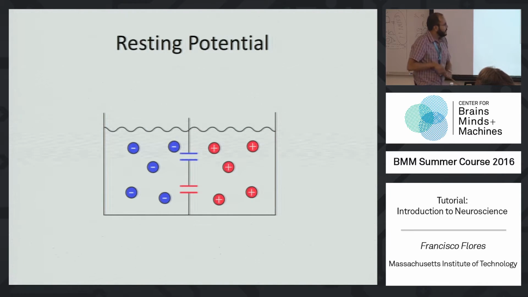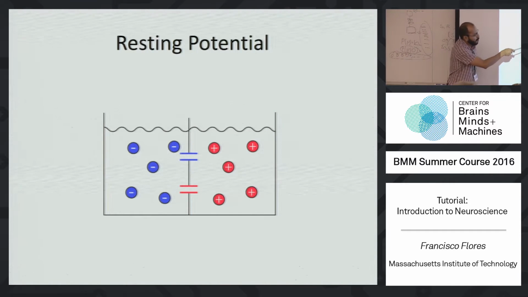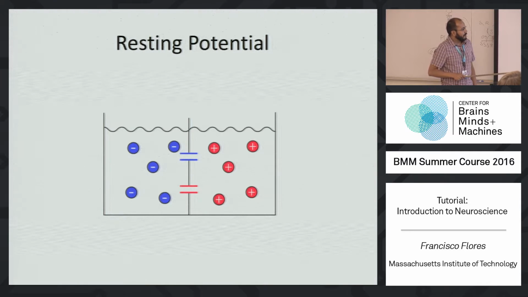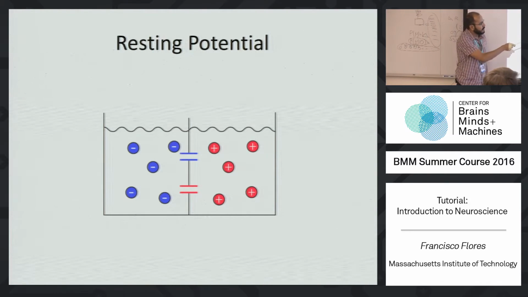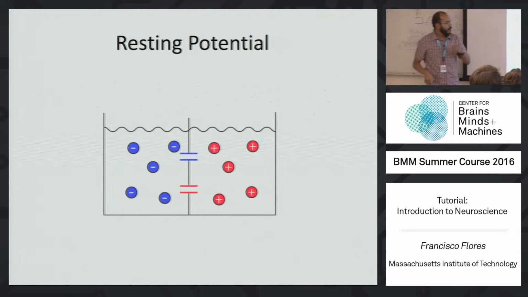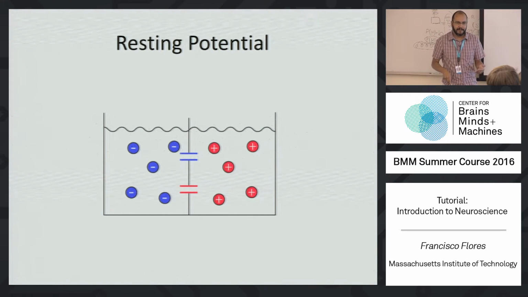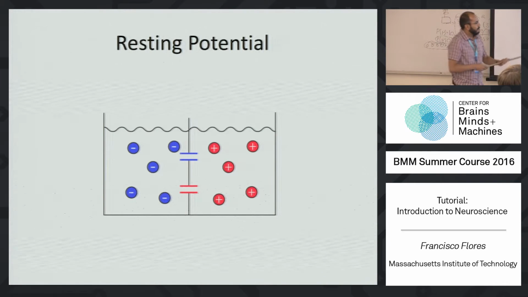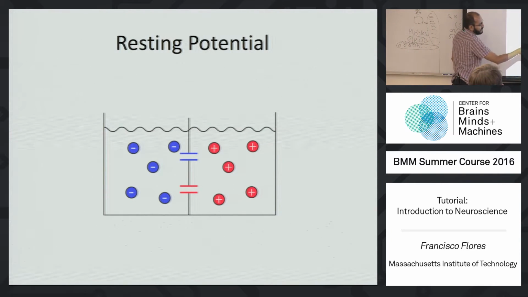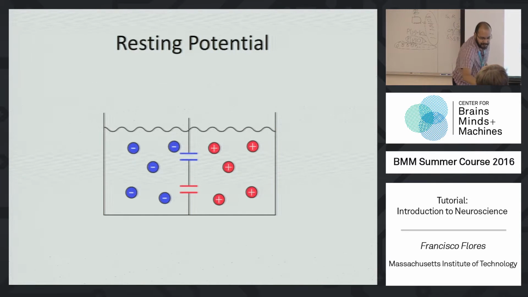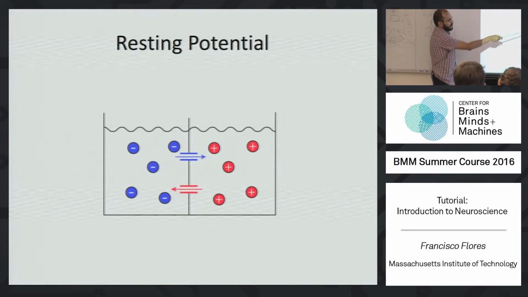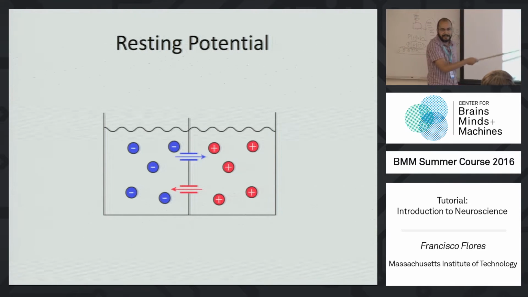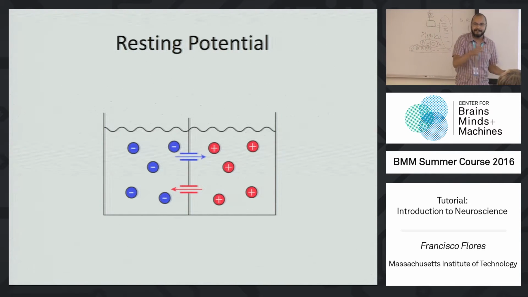Let's add a couple of holes in this membrane that gives you the separation. Now these holes are very special in the sense that the blue one only allows the movement of negative charges, okay? And the red one only allows the movement of positive charges. Because you have positive charges on this side, the negative charges are going to move in that direction. And because here you only have negative charges, the positive charges are going to move in this direction. You know, positive is attracted by negative and the opposite, okay?